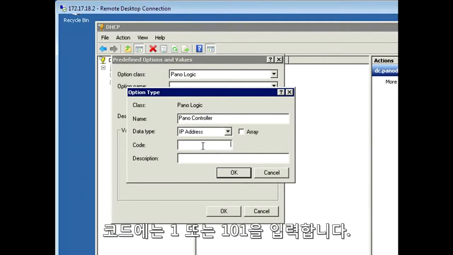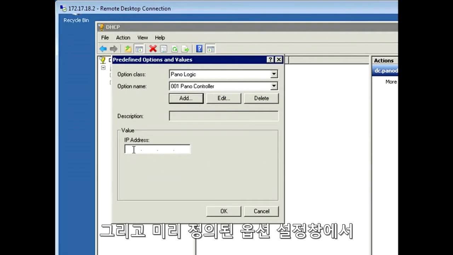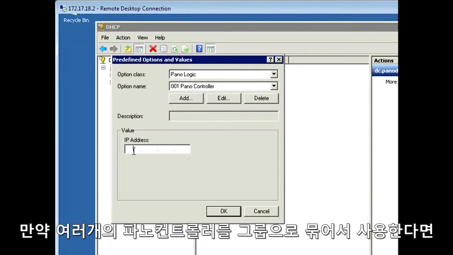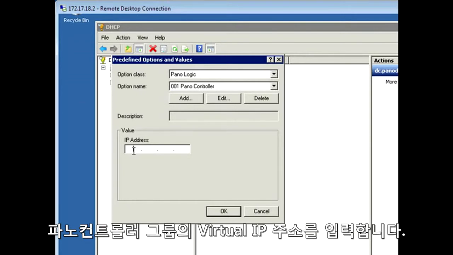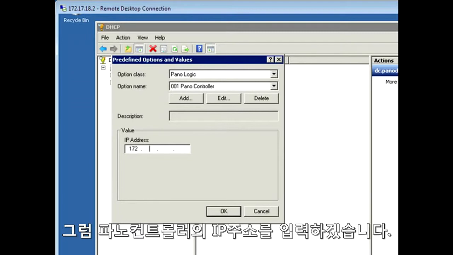And in the code, we want to enter a 1 or a 101. Click OK. And now in this predefined options field, we want to enter the IP address of our Pano controller virtual appliance. If you have multiple Pano controller virtual appliances configured in a group, you'll want to enter the virtual IP address of the group. If you have a single Pano controller appliance, you want to enter the IP address of that Pano appliance. So I'm going to type in the IP address of my Pano controller virtual appliance